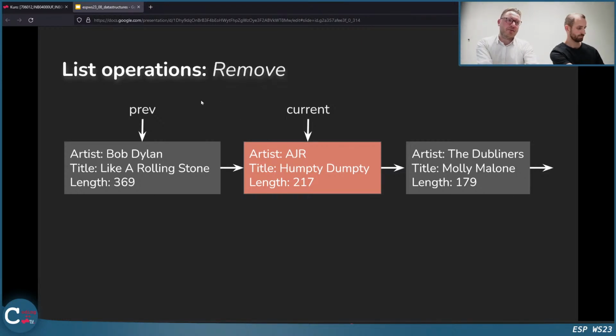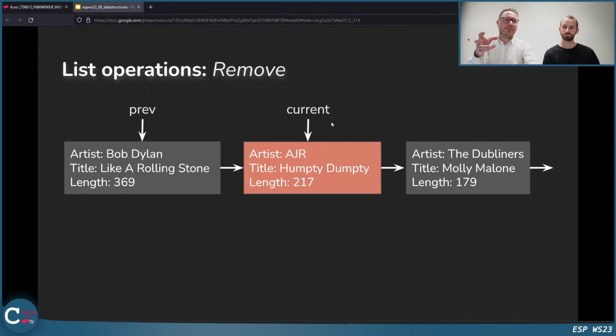Because if we don't have the previous one and we want to delete that element, we have to say that after the Bob Dylan song, the Dubliners song will be the next one. And if we are just on this element, we cannot access the previous element. This is why I have two different pointers, one to the previous element, one to the current element.